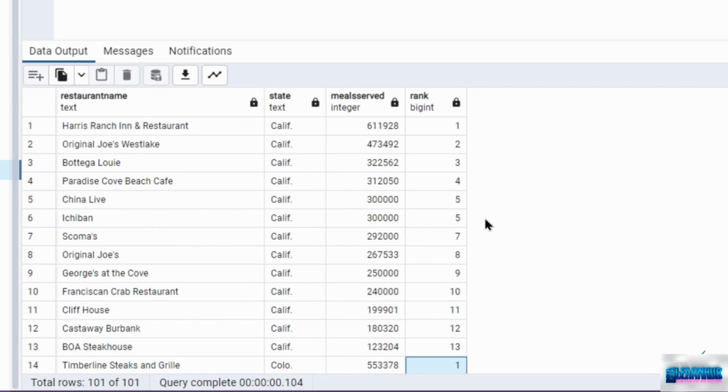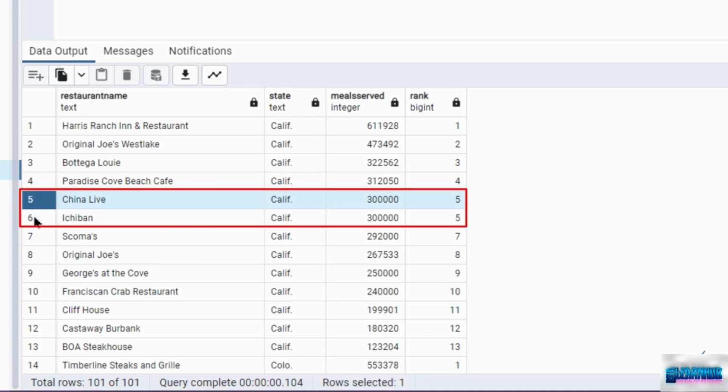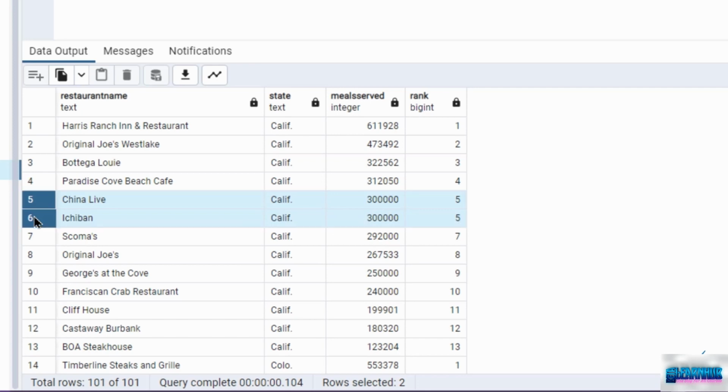Another thing to note when using the rank function is how it handles ranking when some values are a tie. For example, in this dataset, China Live and Ichiban have the same number of meals served. As we can see from their corresponding rank, both were ranked 5th since they are tied. But since they took up 2 places, a gap can be seen in the rankings, as rank 6 was removed and 7 was selected as the next rank number. If you don't want this type of gap when ranking, you should use